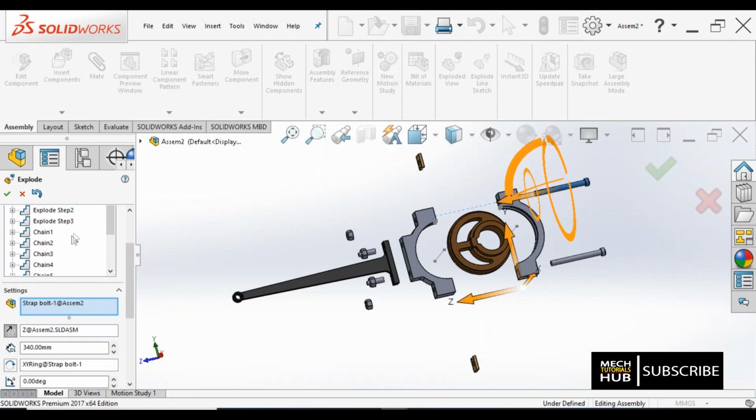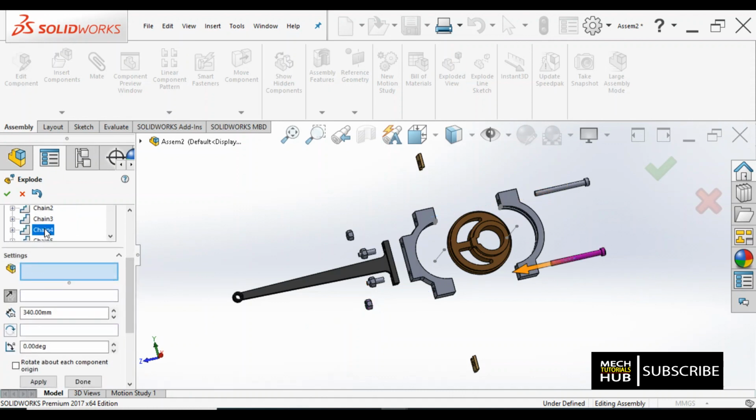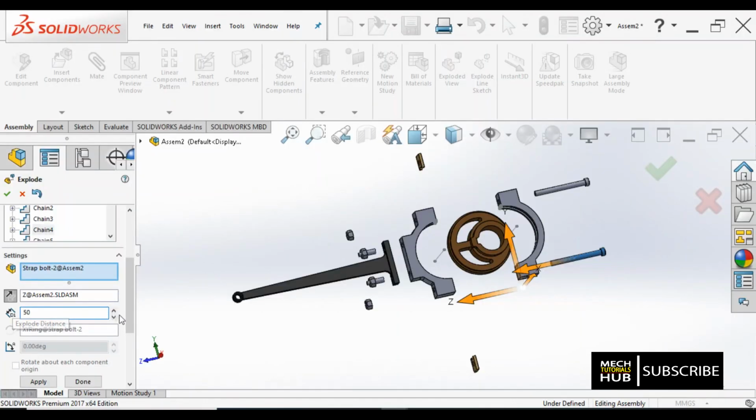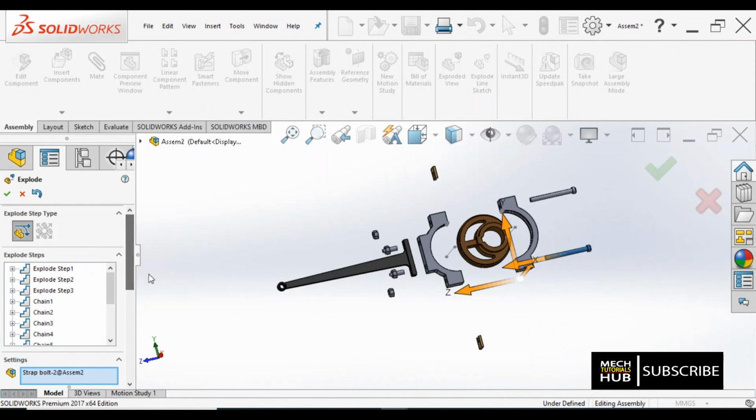Okay, that is possible. So here, step number 3 maybe, that change can be done. I'll just go to chain number 4. Here I'll try to make it 40, it is 43, I'll just make it 50. Okay, further we can make a move. These are all different possibilities available.